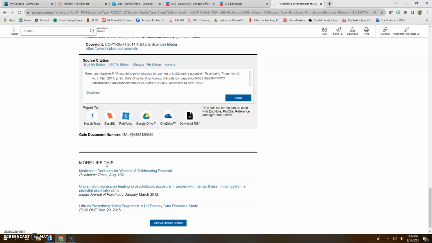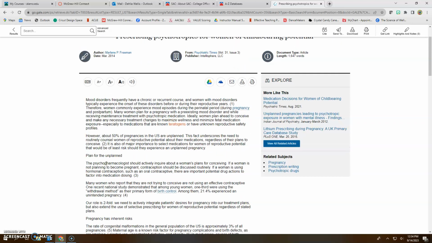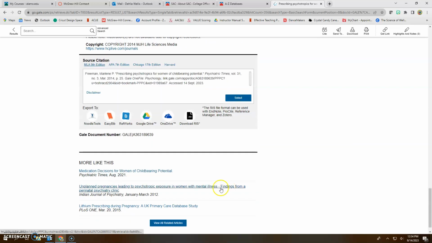And if I scroll down, sometimes it will have you download a PDF to get the full article. This one came right up, and then you can print it, you can download it, you can email it to yourself, you can look at other related articles. And then another thing I want to show you while I'm here is if I scroll down to the bottom,